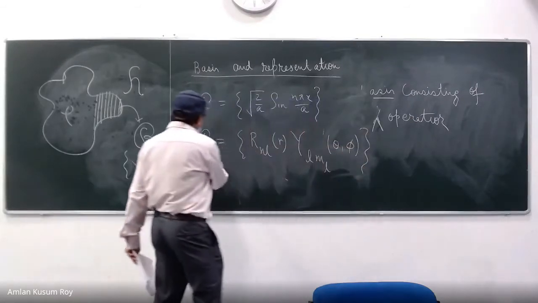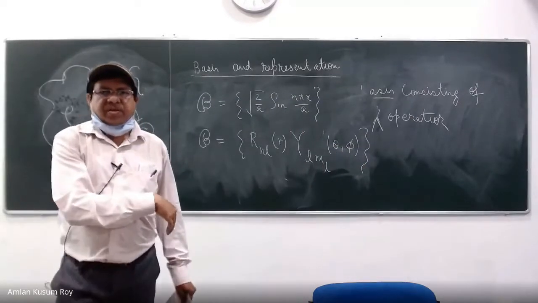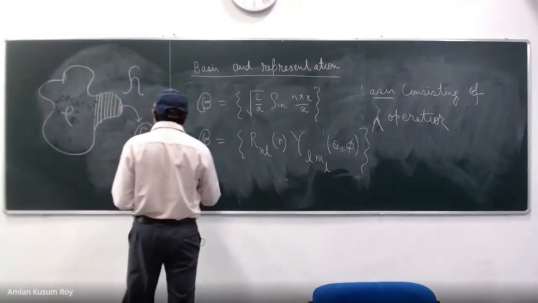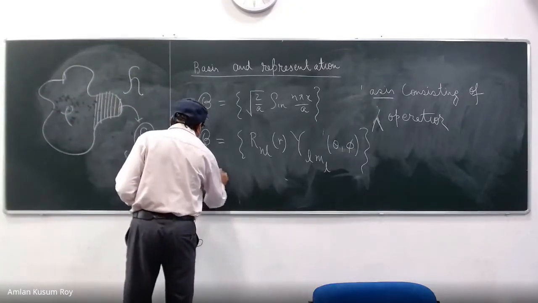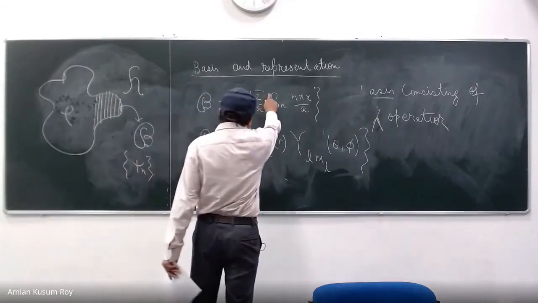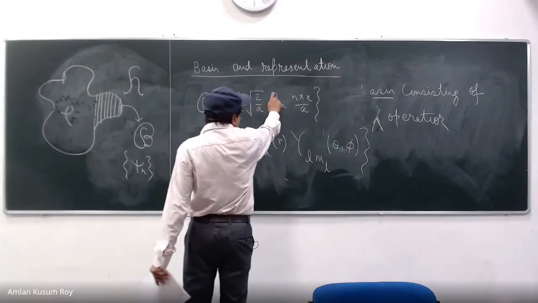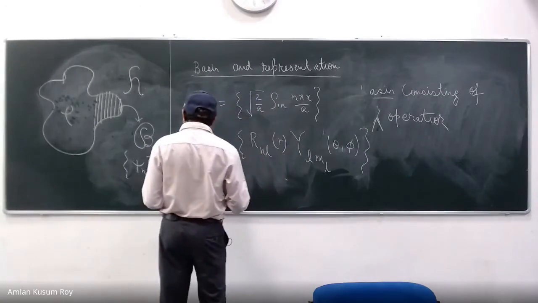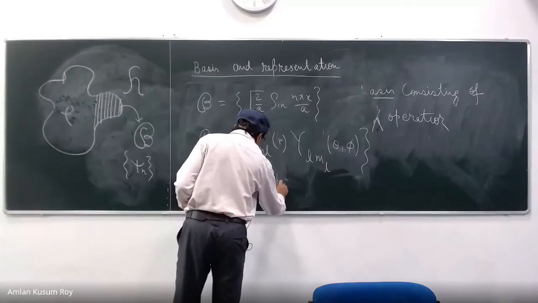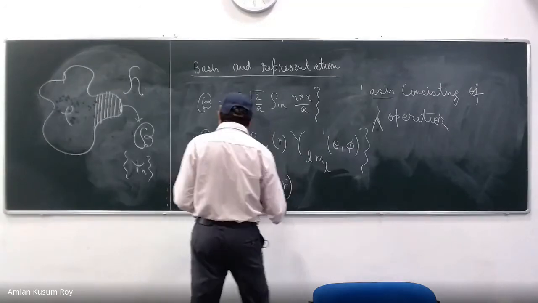So this is the basis. This constitutes another set of basis. Now suppose I want to take, just like your free particle in 1D, it is not free, it is a constant particle. But if I solve the free particle problem in 3D, you should do that. I have not worked it out, but you can work it out on your own.